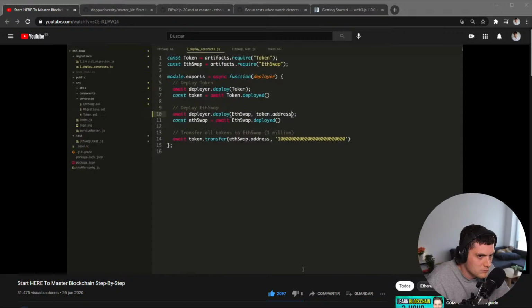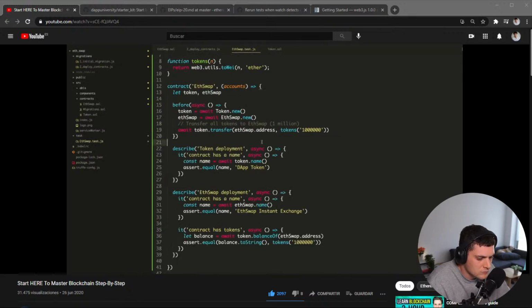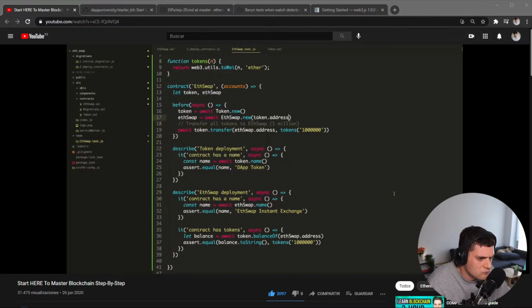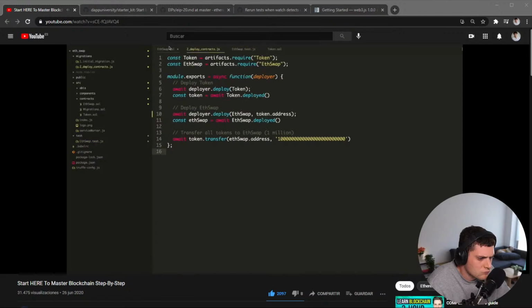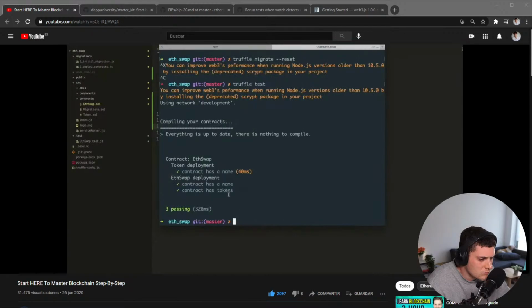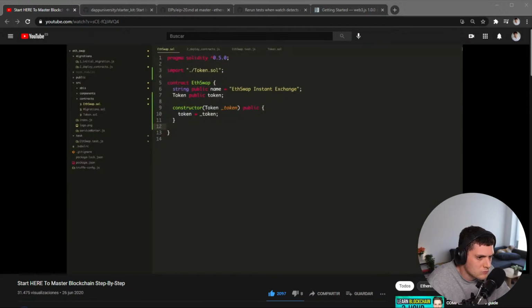All right, it worked. So the next thing we need to do is go to the test, and we want to pass in the token address there as well. All right, so essentially what we do is just modify what we have already. All right, we just go here, ETH-swap, and say token address. All right, and that makes the ETH-swap contract... Oops, sorry. Test. That makes the ETH-swap contract aware of the token inside the test as well. It provides the necessary constructor argument that we need to move forward. Okay, so let's keep building this out. Make sure the tests pass first. Yep, all good. The next thing we want to do is go